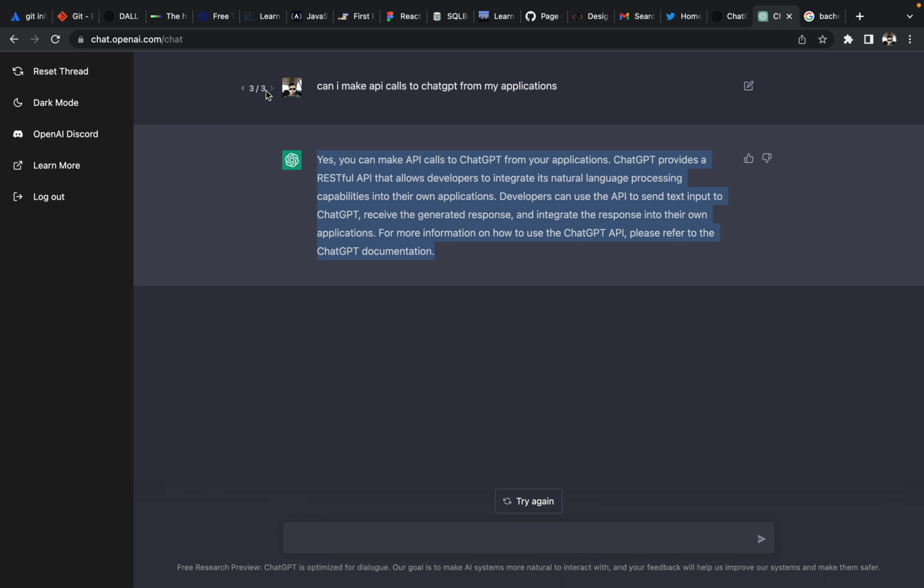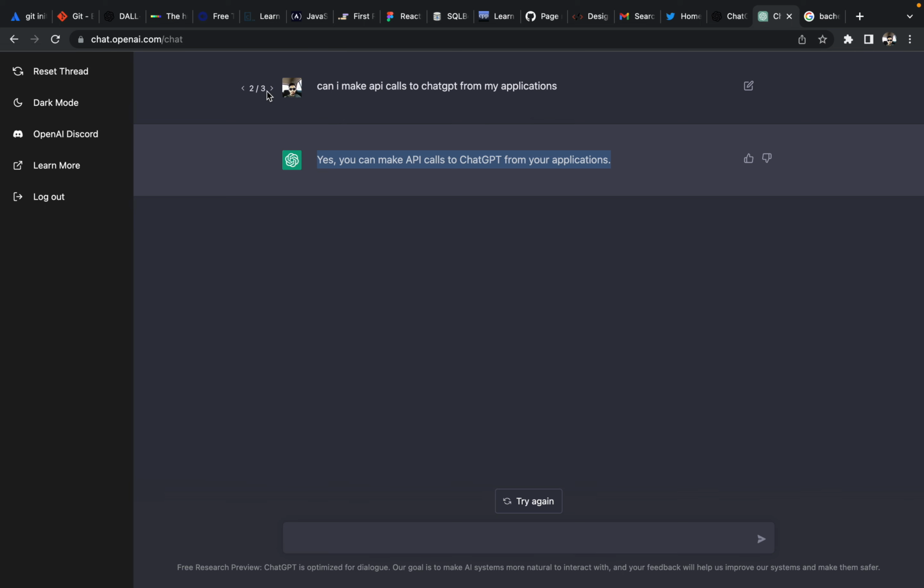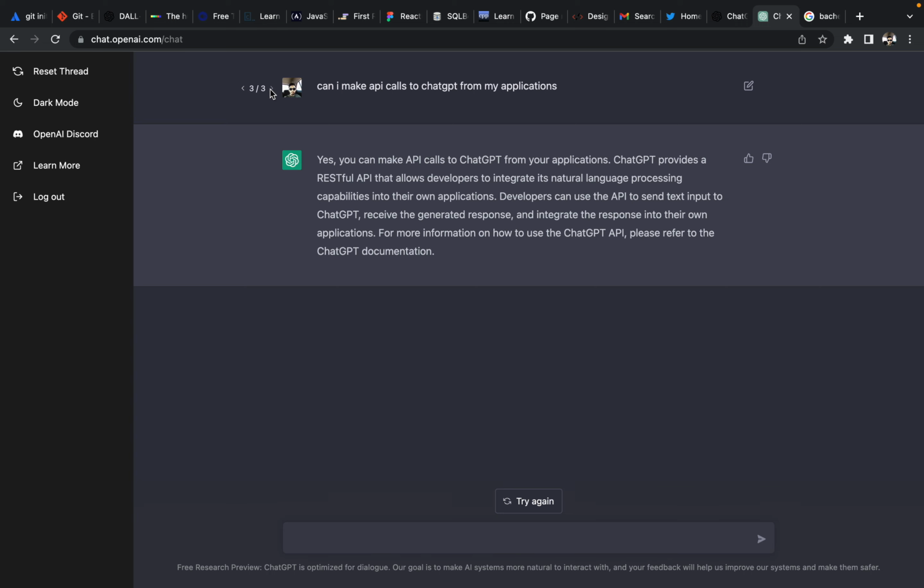Okay, you can see that here, and we can navigate it here. I'm not able to fully understand what this is. I think we submit this query and then it improves on the queries, I guess. Right now, on the third page, you can see that yes, you can make API calls to ChatGPT